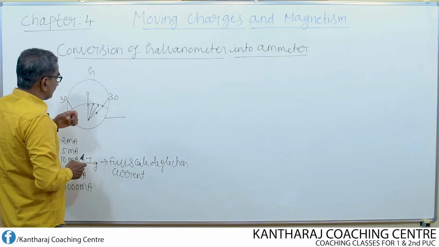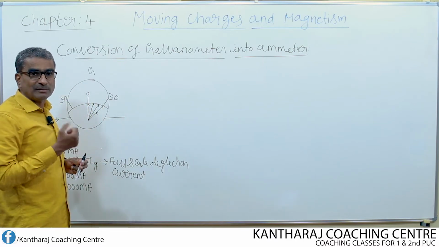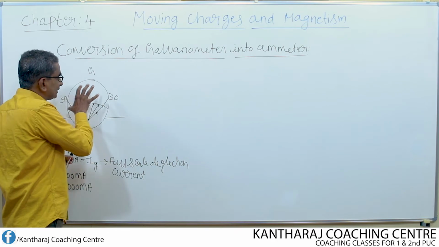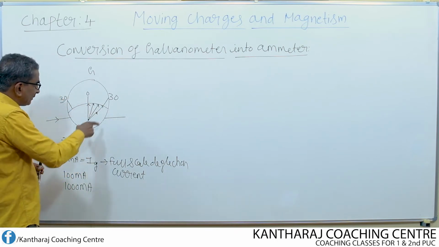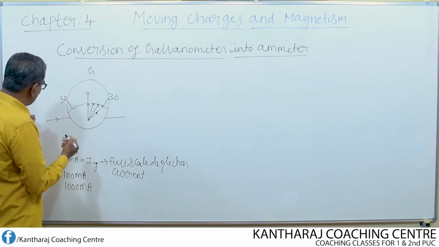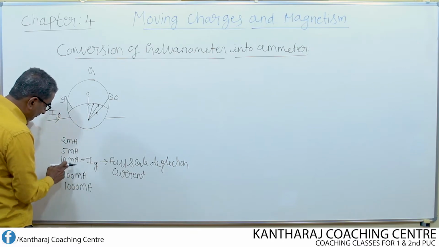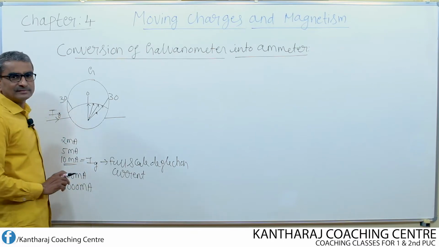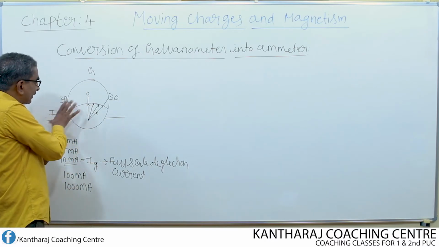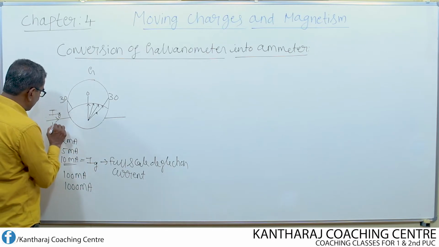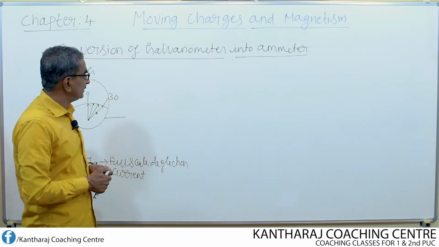Okay. So here, if we modify this galvanometer suitably, then we can make use of this galvanometer to measure the large current. Now at present, what maximum current this galvanometer can measure? This galvanometer can measure a current Ig, which is equal to how much? 10 milliamps, this current. So beyond this, the galvanometer cannot measure. So this is the maximum range of the galvanometer, that is 10 milliamps. Beyond this, it is not possible to measure large current.